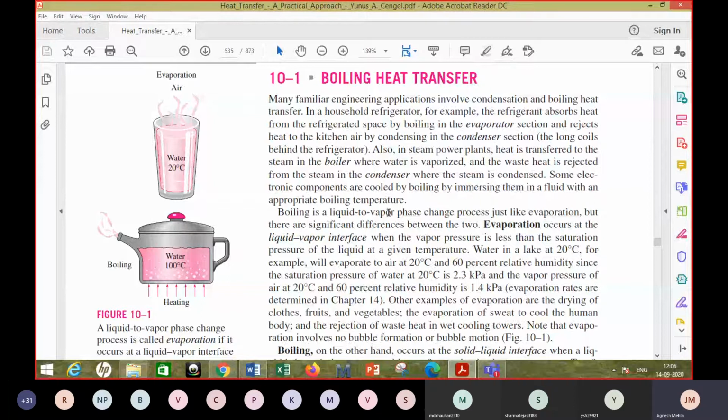In a way, this is also a convective heat transfer, but whatever we discussed till this point, there was no phase change of the fluid, but here there is a phase change. Because of the heat supply or heat rejection, the phase of the fluid changes. And this actually makes a big difference in the heat transfer phenomena,